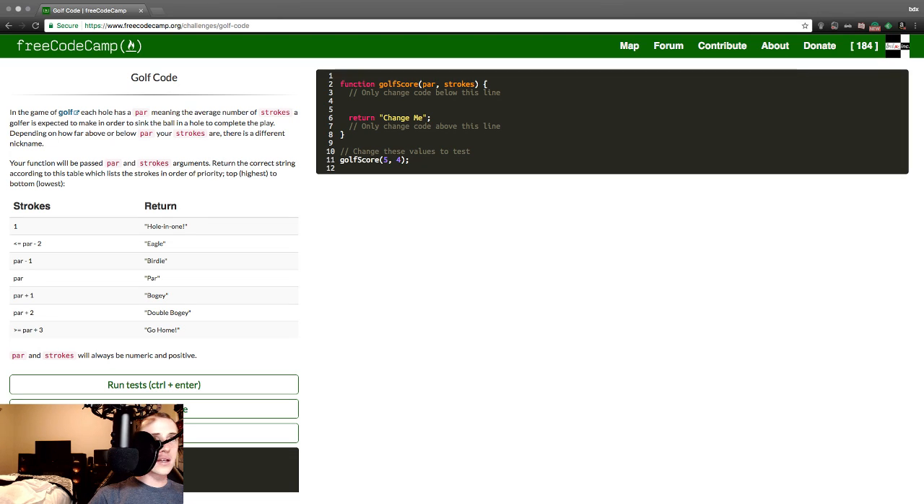What are we looking at? We are looking at this golf code. In the game of golf, each hole has a par, meaning the average number of strokes a golfer is expected to make in order to sink the ball in a hole to complete the play, depending on how far above or below the par your strokes are. There's a different nickname. Your function will be passed par and strokes arguments. Return the correct string according to this table, which lists the strokes in order of priority, top highest, bottom lowest. Okay, so